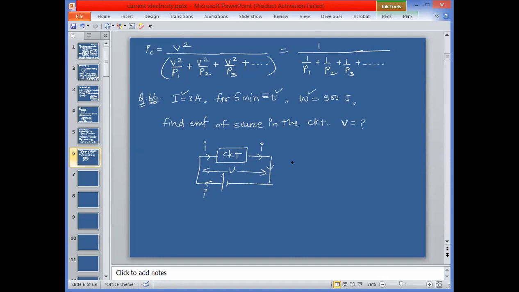You should not need me for this question, okay? You should deal with this one on your own. Tell me. Subhadnya is saying, sir, I into V into T. Okay, I into V into T. W is equal to VQ. Yes, you can use that. Everyone चेक करा कुठले इक्वेशन वापरू शकतोय.